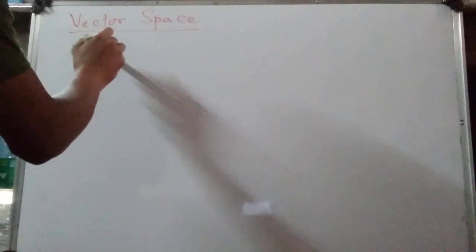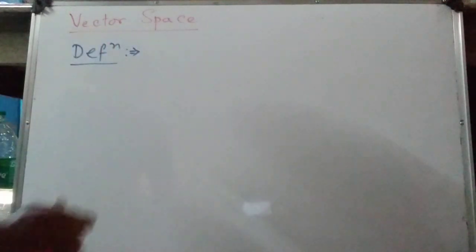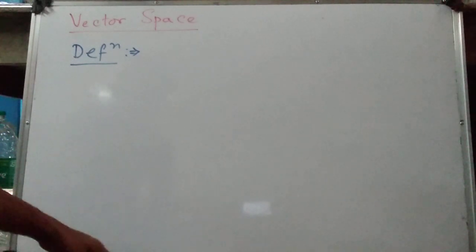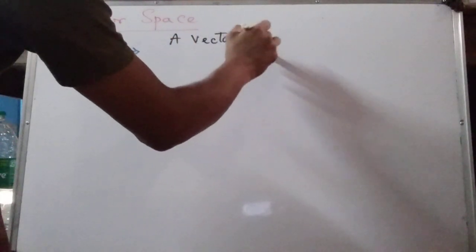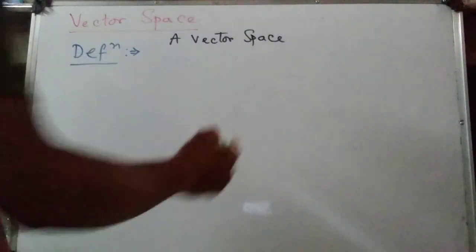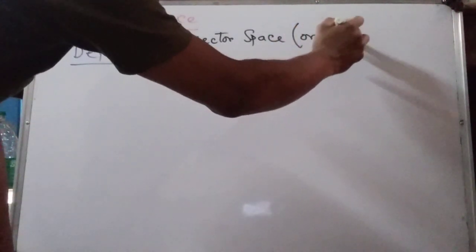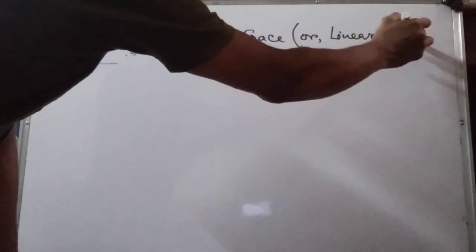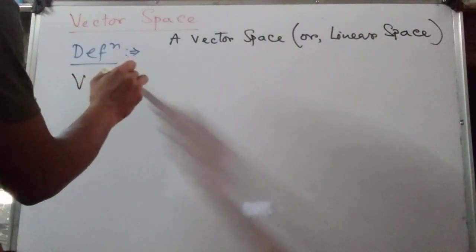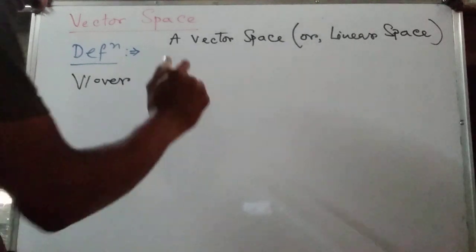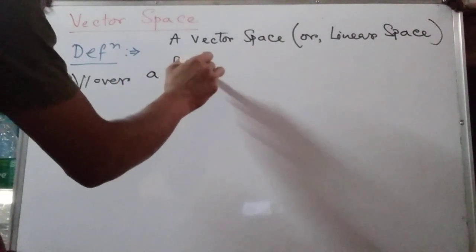A vector space or a linear space V over a field F,